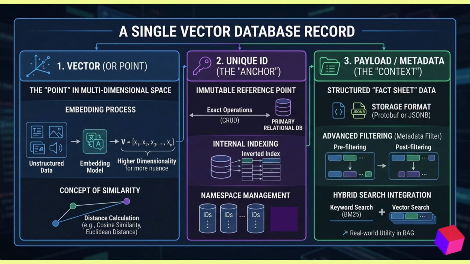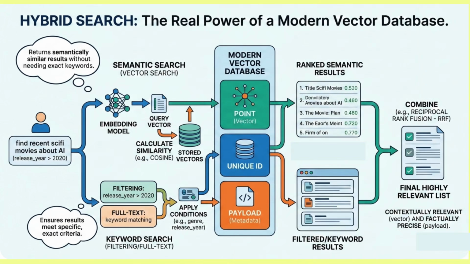Modern systems use metadata to combine keyword search like BM25 with vector search. For example, you might want results that are semantically similar to LLM optimization, but also must contain the word Python. Metadata prevents hallucinations in RAG systems, which stands for Retrieval-Augmented Generation, by allowing the system to filter by source reliability, date, or access permissions. Hybrid search is where the real power of a modern vector database comes to life,